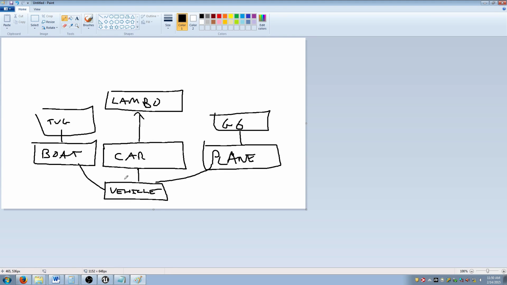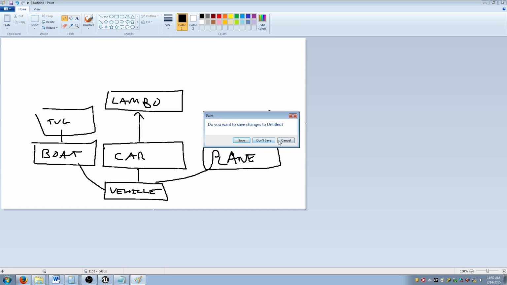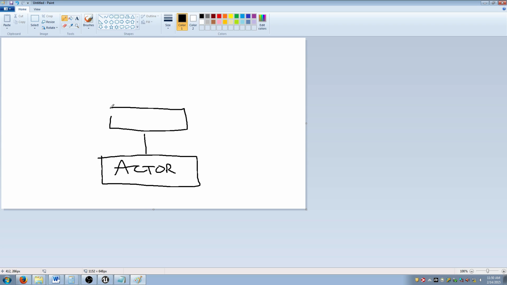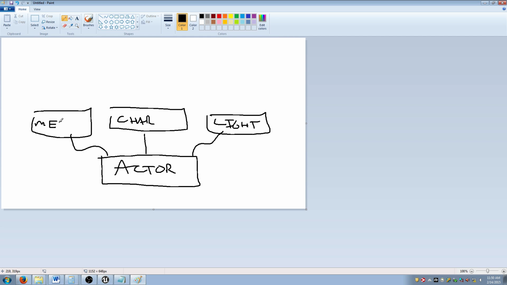Yeah. So this is the relationship here. So let's make the same relationship in Unreal. So I'm going to keep that image in mind, right? So in Unreal, actor is the base. Okay? And an actor can be a character, but it also can be like a light. Yeah, a mesh is a great example, right? But then a type of character is